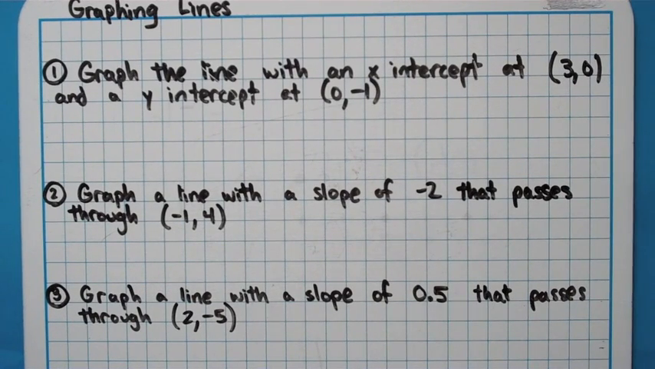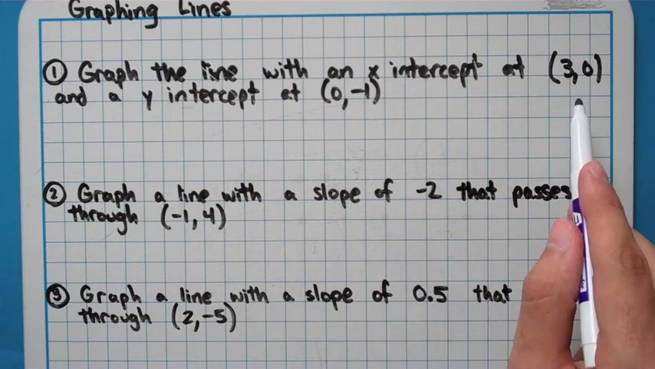So in this video, we're going to talk about 3 problems here that look a lot tougher and a lot scarier than they actually are. Each of them is going to be asking us to graph a line though. So in our first problem, we want to graph a line that has an x-intercept at (3, 0) and a